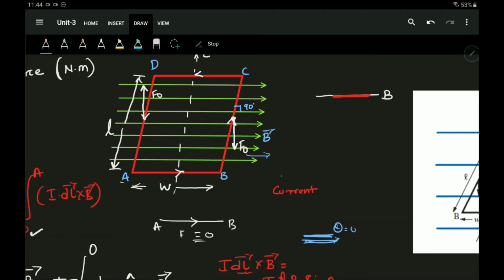What if I have the magnetic field as it is, but now I give a small tilt to my current element, that is, I'm viewing it from this end. Rather than placing it like this, I'm now placing it like this, wherein it is making an angle alpha. This particular current loop's normal plane is making an angle alpha. So let us assume that and try to calculate the torque now.